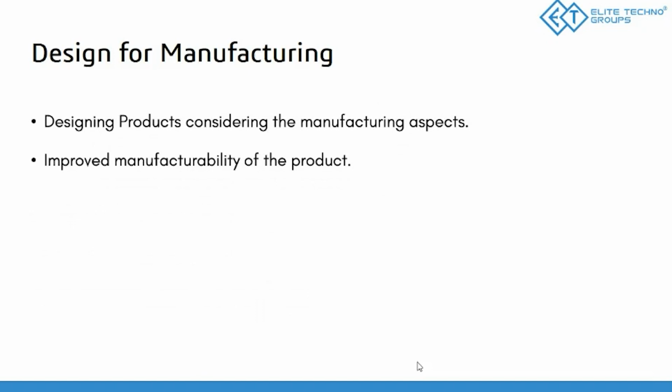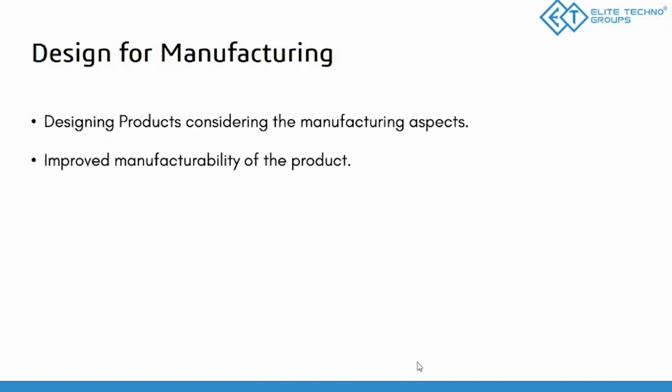So when it went into the manufacturing phase, it was subsequently found that the product would be very difficult to manufacture, and even if it was manufacturable, the cost involved would be too high. If the manufacturing cost becomes too high, the ultimate final product cost will also be high, right? So that is why